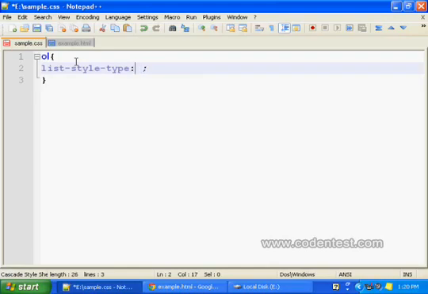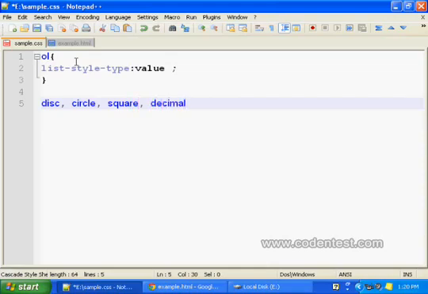The value could be disk, circle, square, decimal, lower or upper Roman.